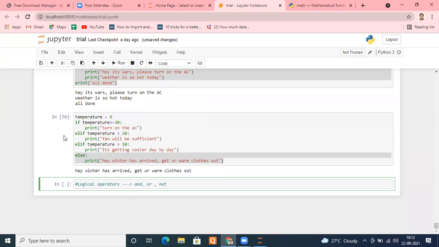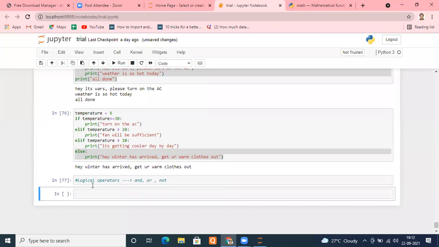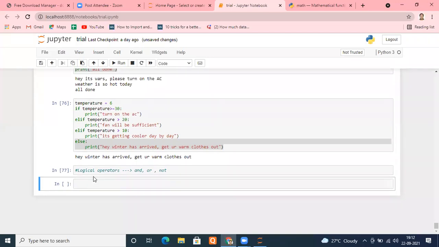Okay. Let's suppose I want to create a program where I will ask users some inputs. What are the inputs? First, he belongs to a high income group or not. Second, let's say he has a good credit score or not.